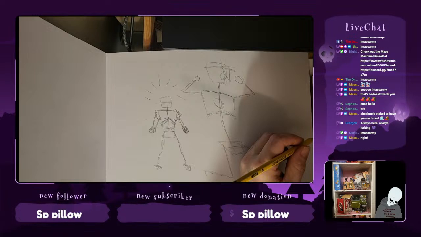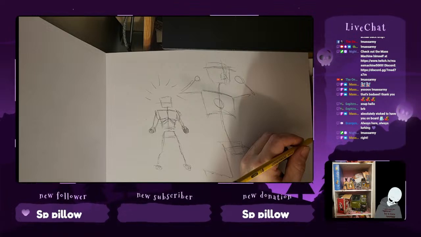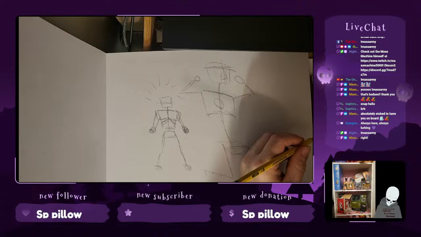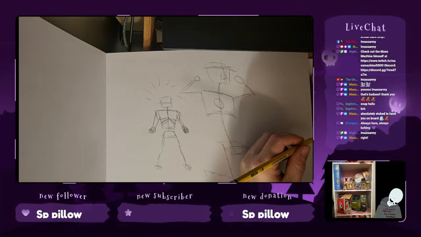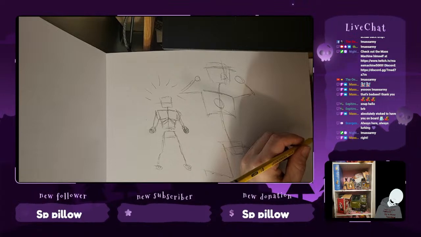I'm going to give him some armor down here that goes all the way. He's got some big old elbows.